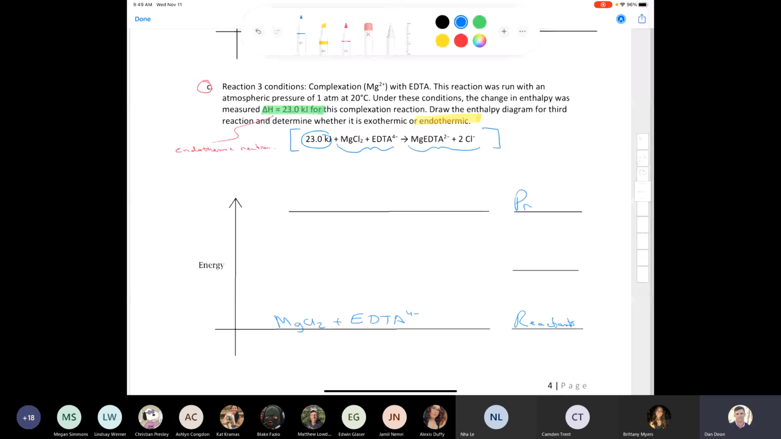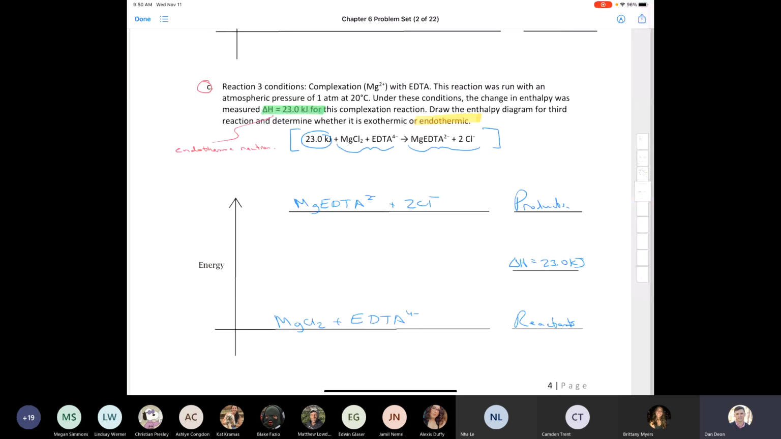Our products, write those down. Our MgEDTA 2 minus plus 2Cl minus. And our delta H is going to be positive this time. It's going to be 23.0 kilojoules because heat has to be absorbed by the reactants in order to form the product. So that's an enthalpy diagram. And anyhow, I'm not going to ask you to draw an enthalpy diagram in a multiple choice quiz,